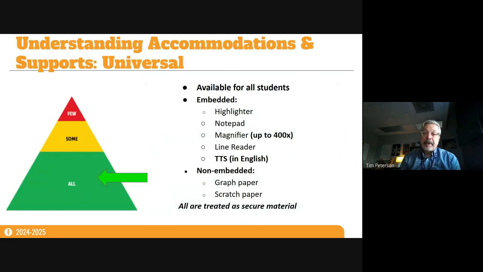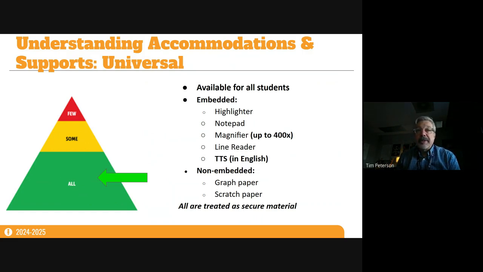Keeping in mind, again, the accommodations and supports, we're going to talk about universal first. All students will get these, regardless of whether they have that available to them in the regular class day. These are the kinds of things that are embedded in the software.